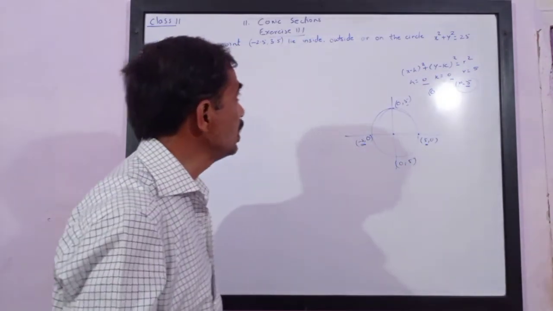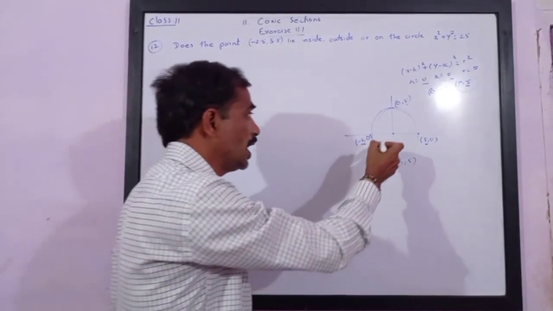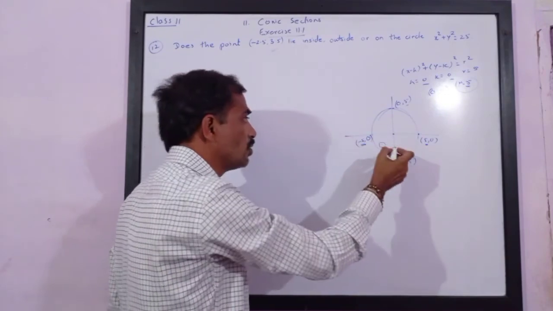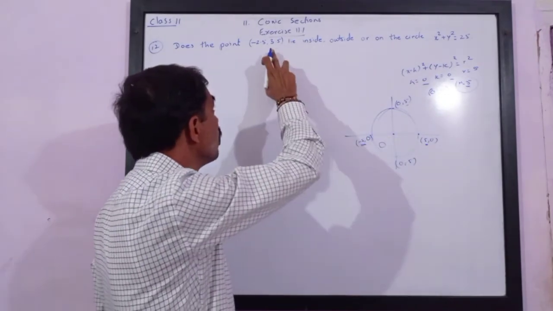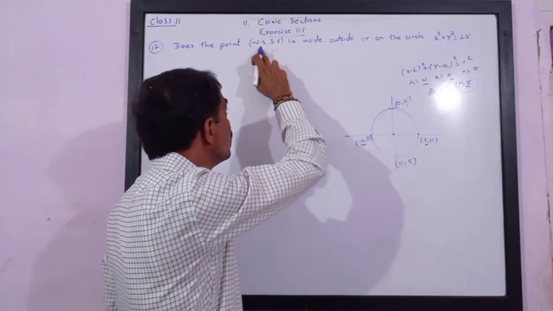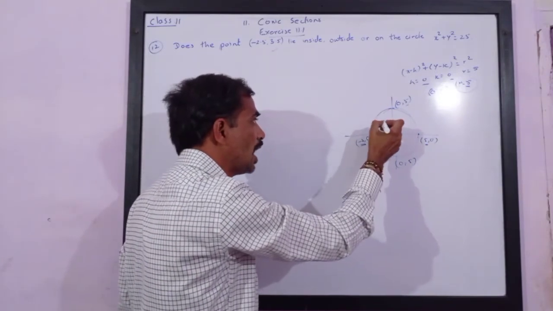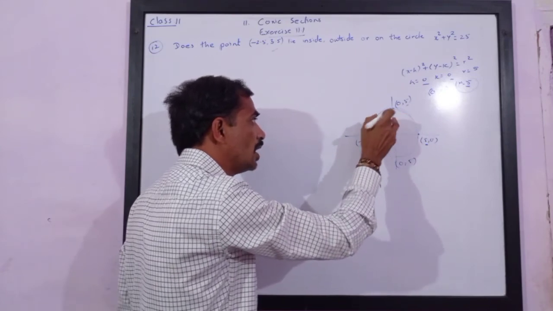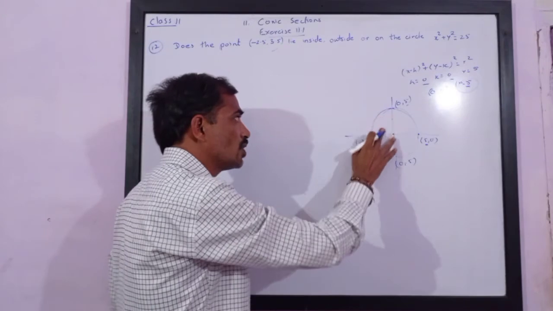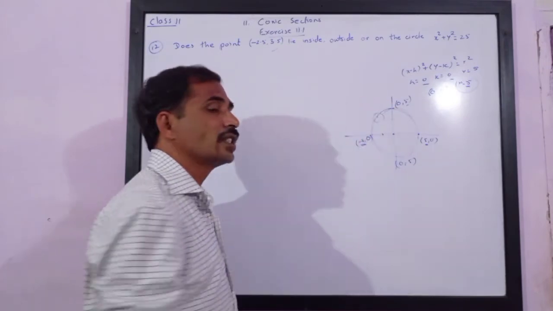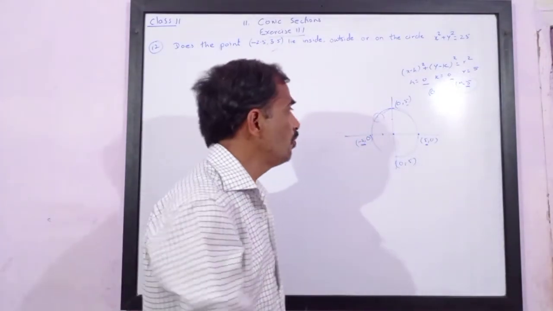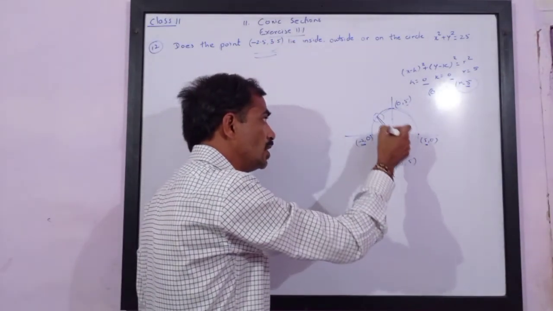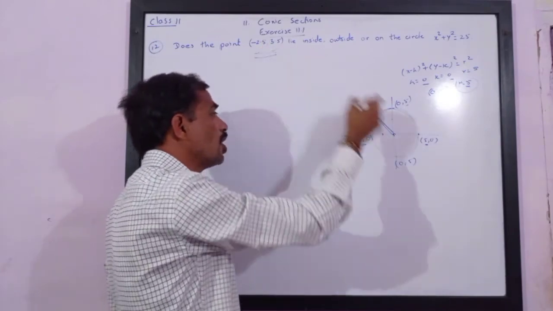Now we are asked to find the point negative 2.5, 3.5. The x coordinate is negative and the y coordinate is 3.5, so it will lie in the second quadrant somewhere here. So whether the point (negative 2.5, 3.5) lies inside, outside or on the circle, we have to find out. Now we know that the distance of this point from the origin